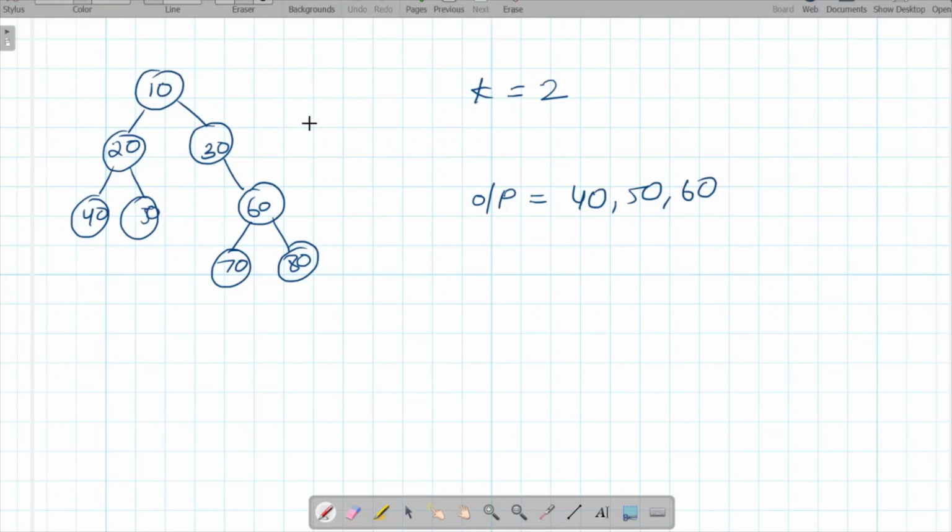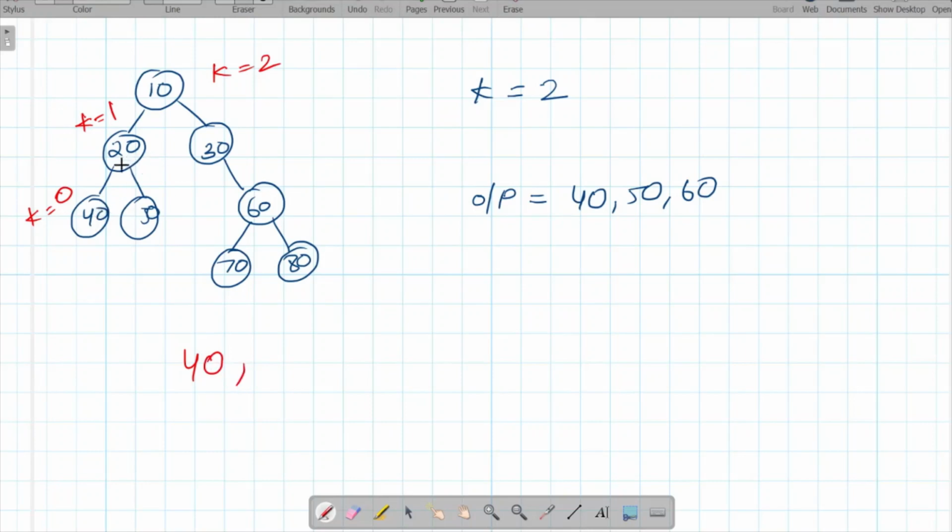In this case how will the program execution happen? First of all, we are at position 10, so our k value at this point of time is 2. It will call for 20 and 30, which means it will go to the left side first and it will decrement the k value, that will be k minus 1. So our k value becomes 1, and at this point k is not yet 0, so it will again call its left child and k value will be 0. We know that k value is 0, so this is our base condition, so we will simply return the root's value at this point of time. So 40 will be returned.